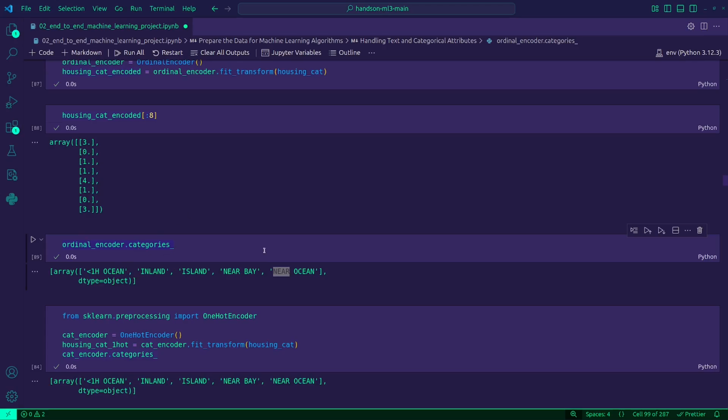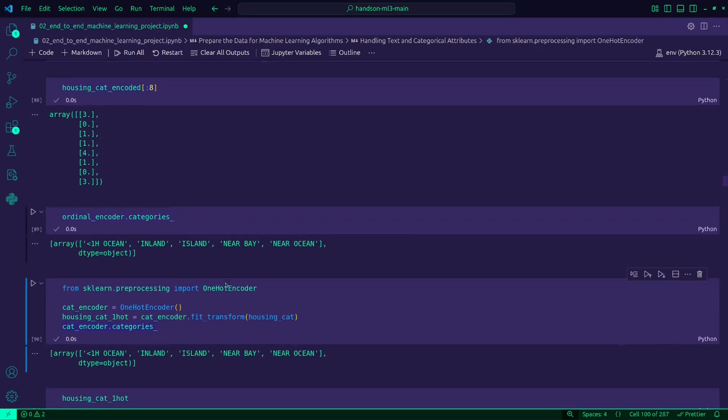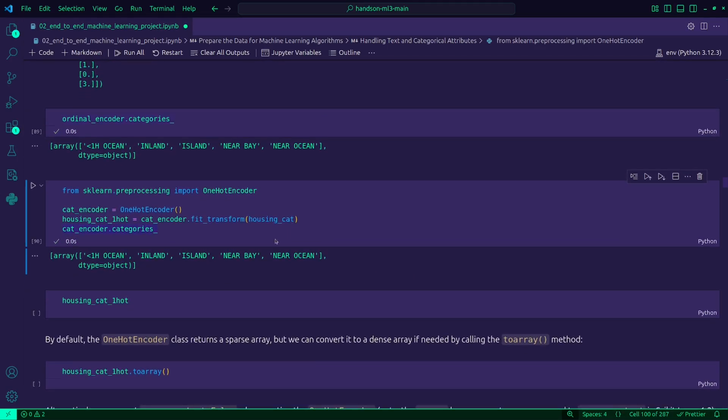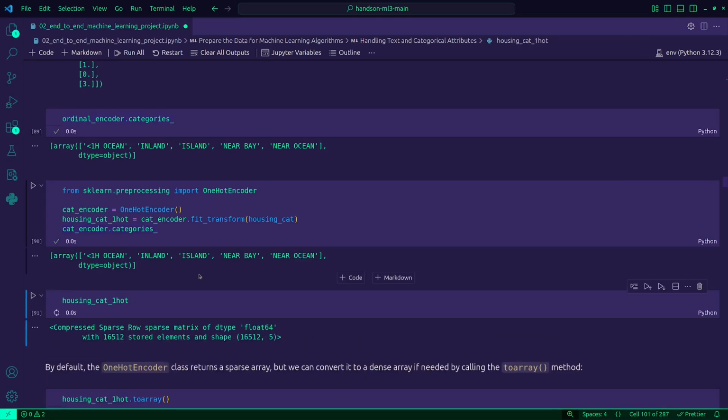Even though they are not ordered, the model assumes that they are ordered, and it's misleading unless our categories are ranked like below average, average, above average, but they are not. So we use one hot encoding, as we did here, which gives us a binary matrix.